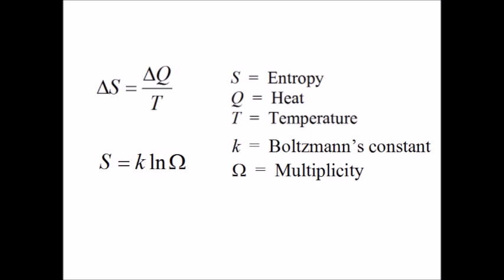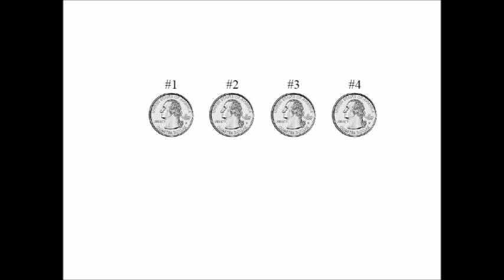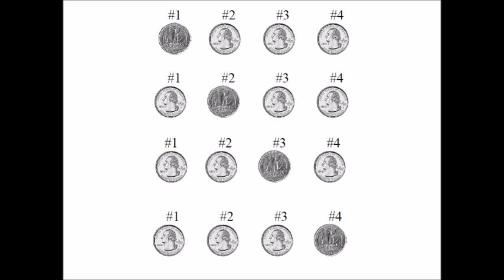With what? With coins. Right now, they're all heads up. But let's say we flip them all and then we get 3 heads and 1 tails. What are the chances of that? Let's find out. First, why do we care? Well, we're trying to find out why nature tends to increase entropy. That means we're playing the odds. Anyway, there are 4 ways of getting 1 tails.